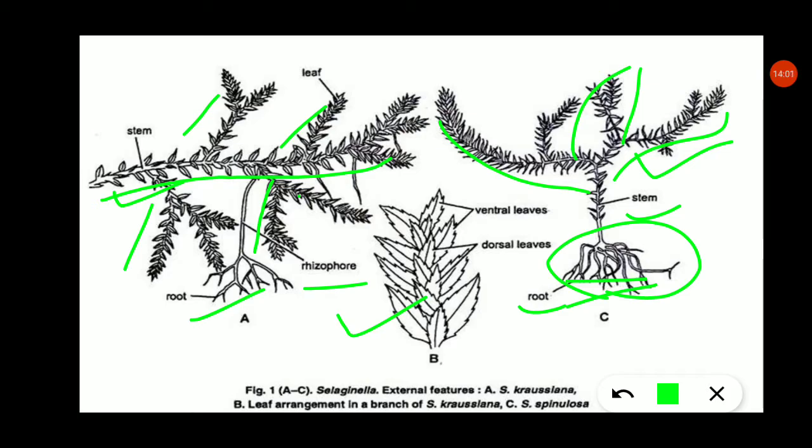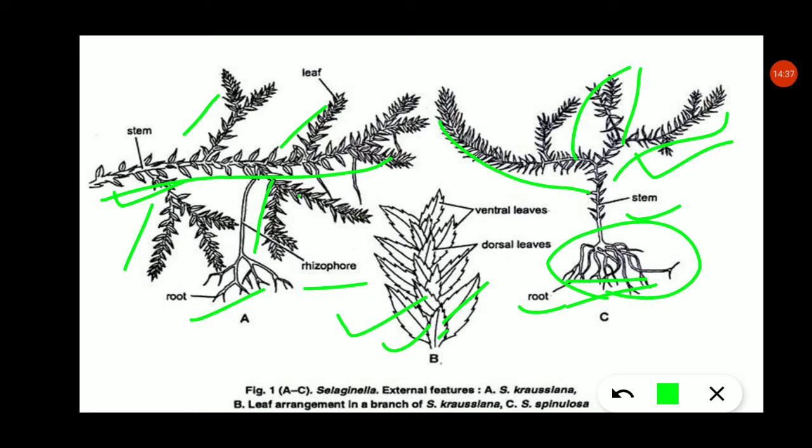These leaves are sessile, simple, and ovate or lanceolate in shape. They have only one single midvein, with no branching. The leaves are simple; there is no division of the leaf lamina. Then the next character: they are sessile, with a lanceolate or ovate shape, and ligules are present at the base. The ligule is not visible here, but there is a ligule present. These are some external characters of the pteridophyte.